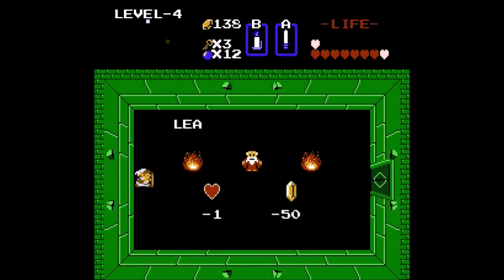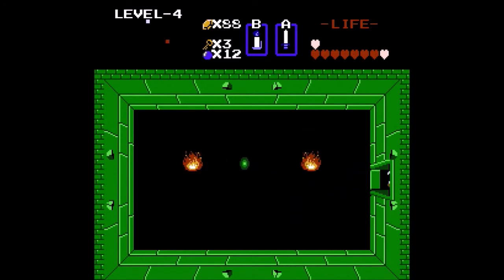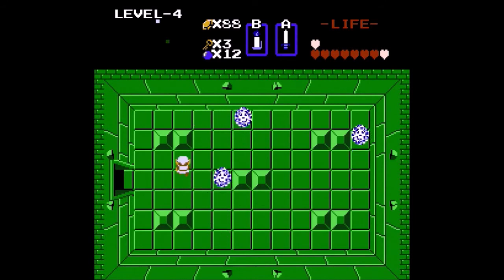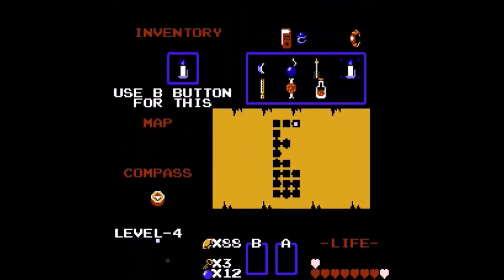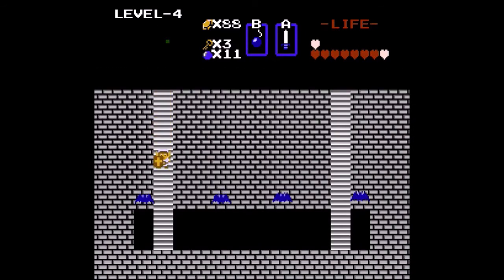Wait, what the? Leave your life or money. What? Oh, you son of a bitch! Haha, I got 2 now! Oh, and there's the other gimmick with this freaking dungeon! Well, actually, you'll see that in a later dungeon. Leave your life for money. That's right. There are a few rooms in the game where you can either permanently lose 1 heart, or you can choose...